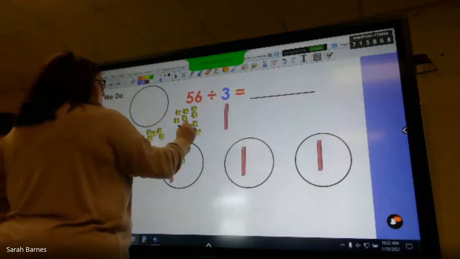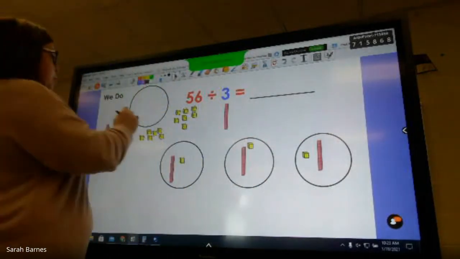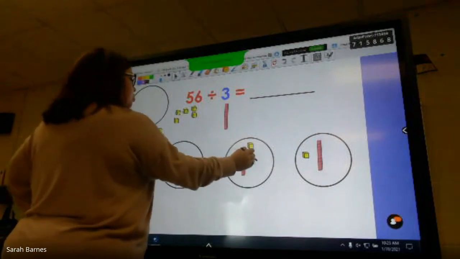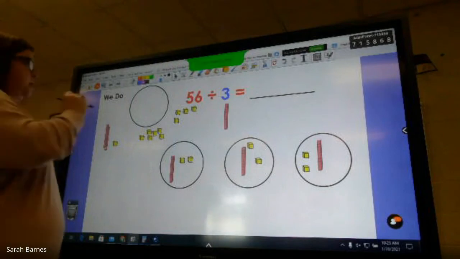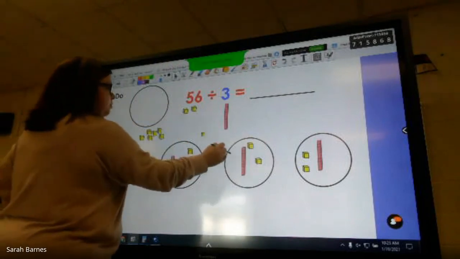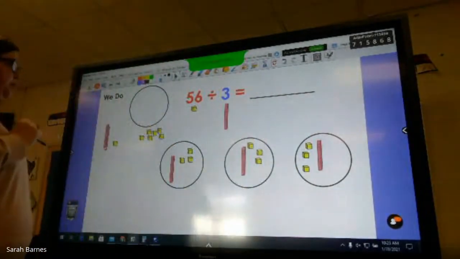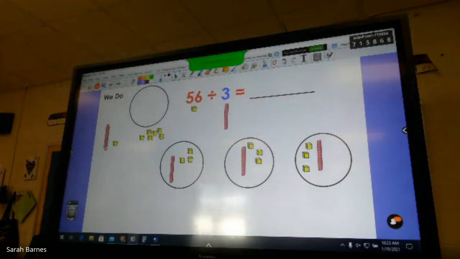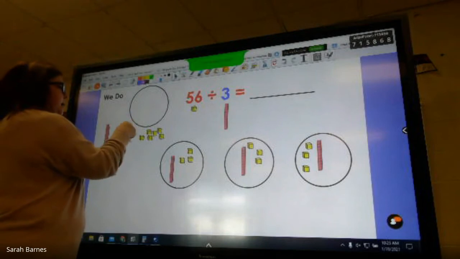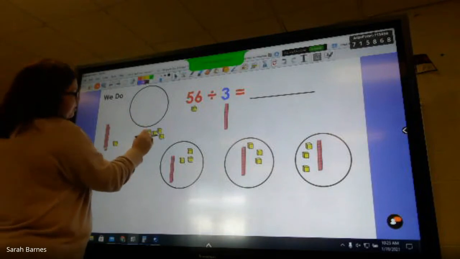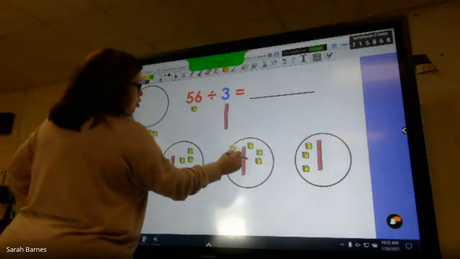Okay, so 1, 2, 3. Can I put another 1 in each circle? 1, 2, 3. Can I put another 1 in each circle? Perfect. 1, 2, 3. Can I put another 1 in each circle? I can because I have these 1s right here. So let's go ahead and cash them in. So 1, 2,